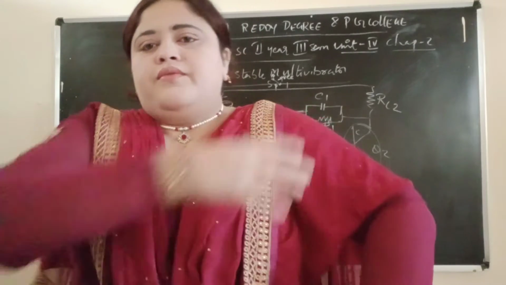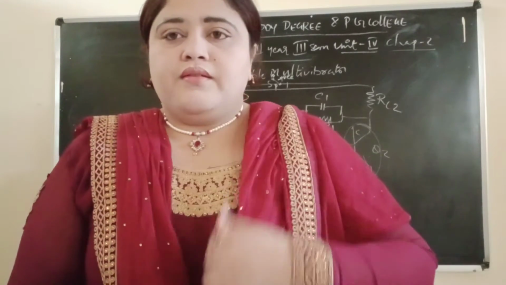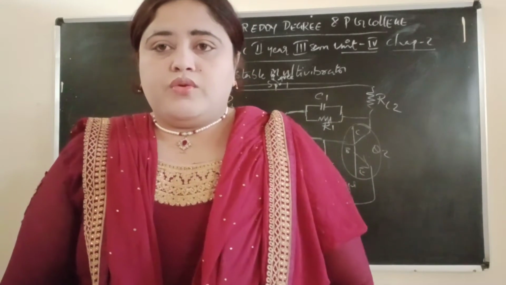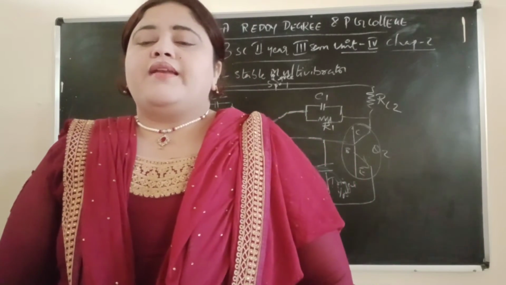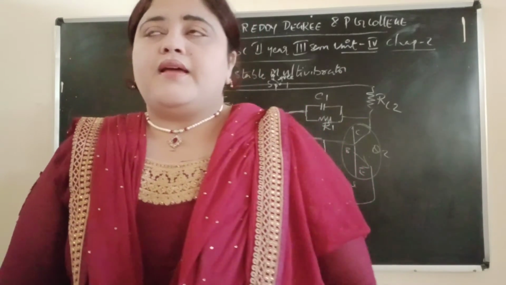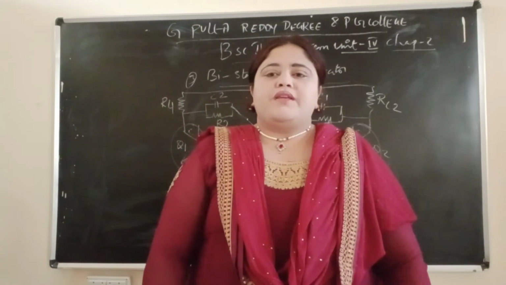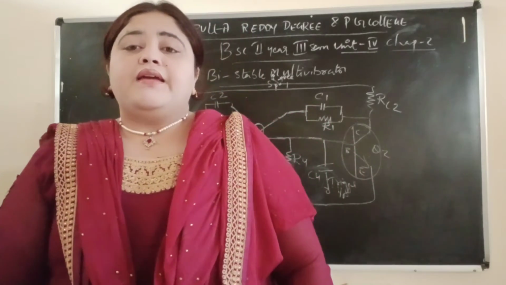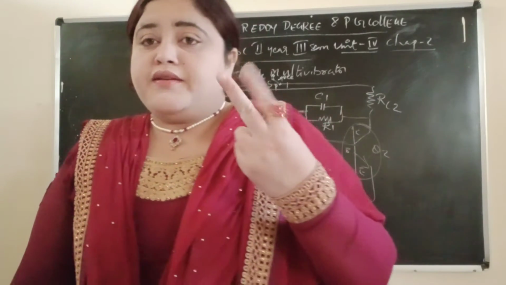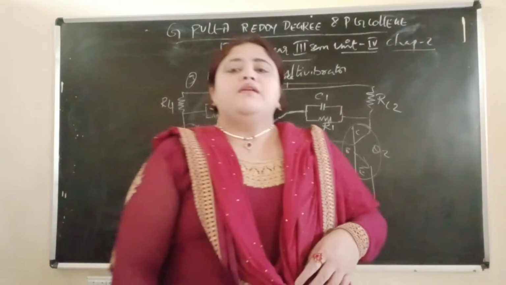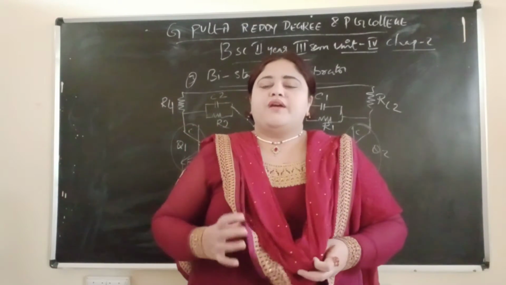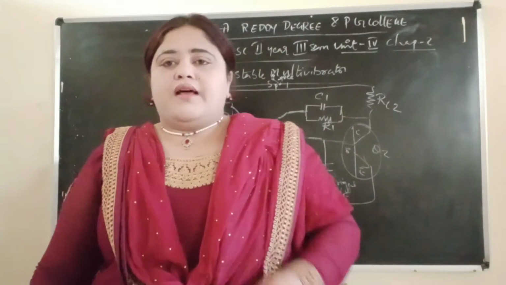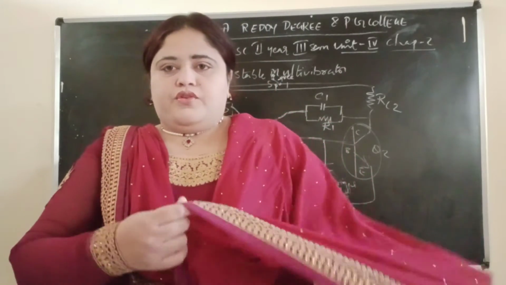Now we will do a quick revision. It is also known as the Eccles-Jordan method, and also as a flip-flop. How many stable states does it have? Two stable states. How many trigger pulses does it need? Two trigger pulses. With the help of the trigger pulse, you can trigger either Q1 or Q2, your wish.